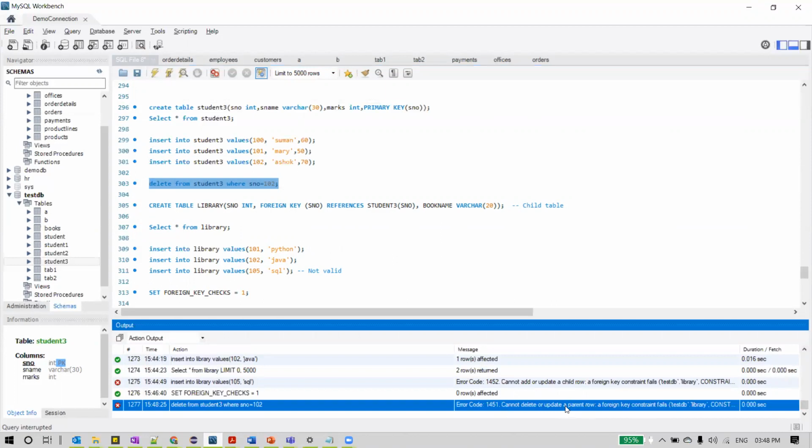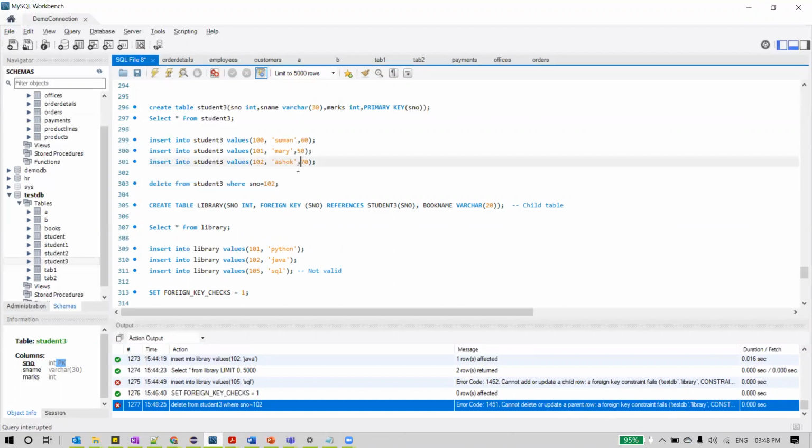And you can clearly see here, cannot delete or update a parent row, a foreign key constraint fails, is what it is saying. There is some child table which is referencing this value. So first delete that row, then you are allowed to delete this row, is what it is saying.